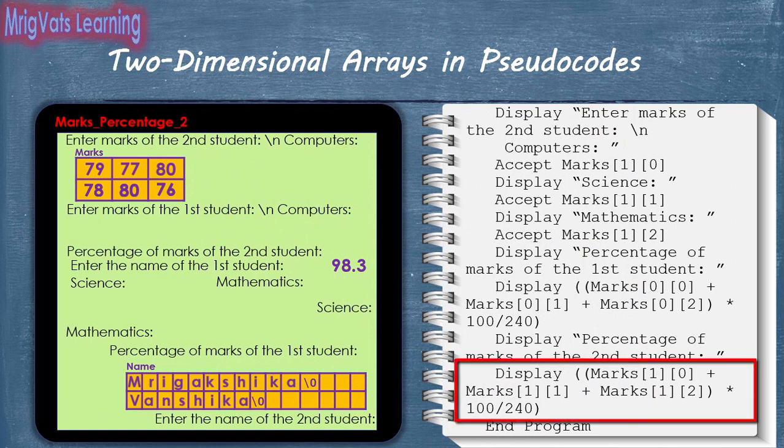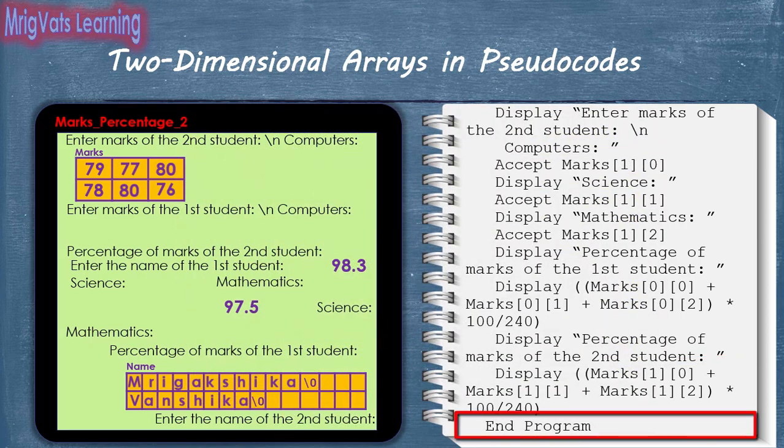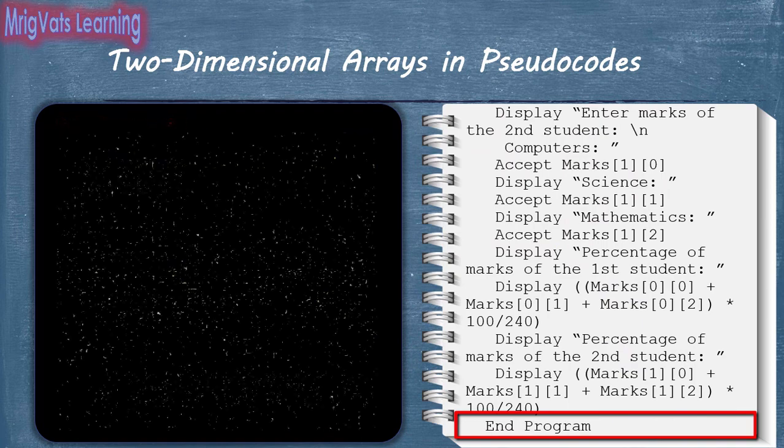When the next display statement is run, the program calculates the percentage of marks by adding the values of the three elements of the second row of the marks array, multiplying by 100 and then dividing the result by 240 in the memory allocated for the program. The display statement takes the final result as an input and displays it on the virtual display board. As soon as the end program statement is run, the entire memory associated to the program is released for other